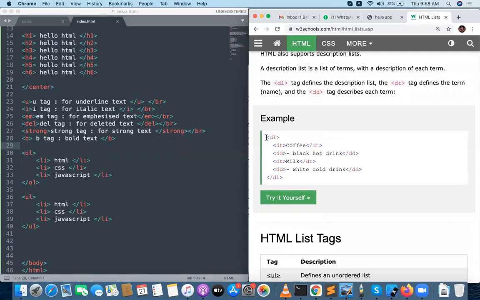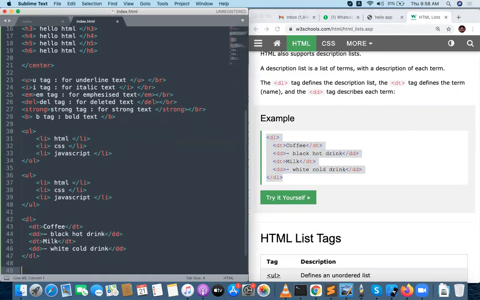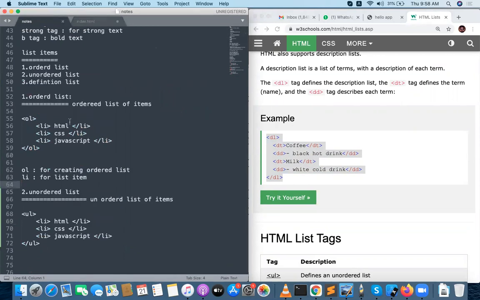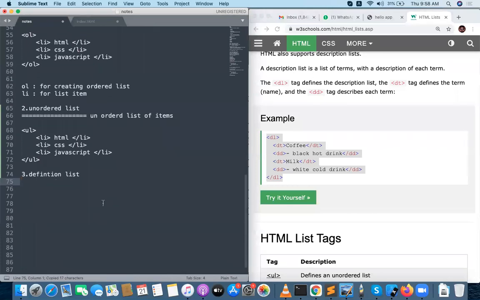Then one more is a definition list: DL, DT, DD. DL, and DT is the definition title, DD is the definition description. The definition list is very simple.